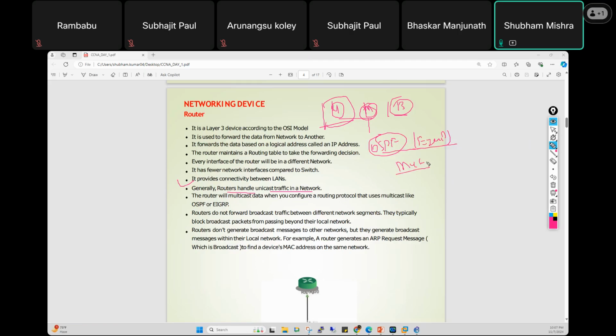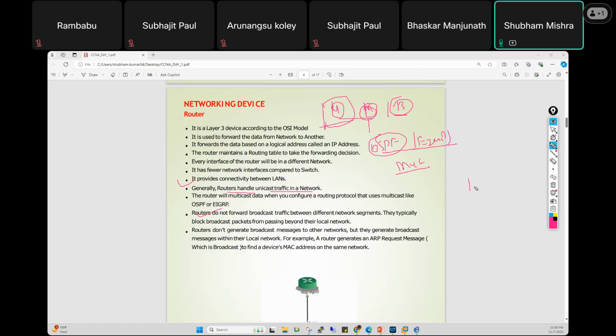Basically, router works on unicast, multicast, and broadcast, all conditions. But in maximum cases, router supports the unicast, and when you configure any routing protocol like OSPF or EIGRP that supports the multicast, in this case router handles your multicast packet as well. Fine. In case of broadcast,